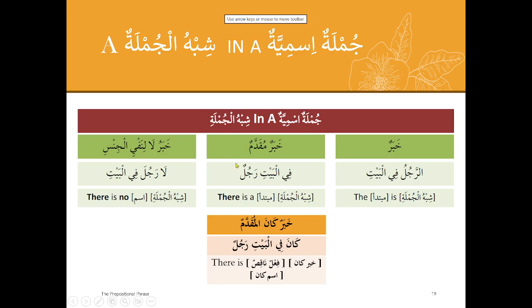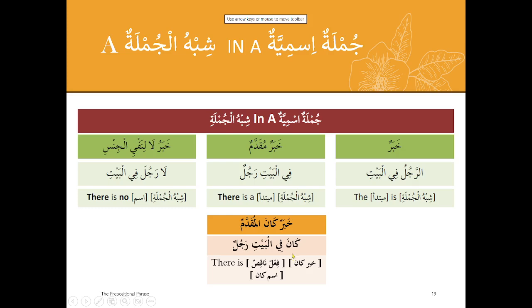Now let's look at the other types of khabar. We have khabar kana, muqaddam. So it's kana. You know that isim kana is rafa, and its khabar is, if it's rafa, the khabar is